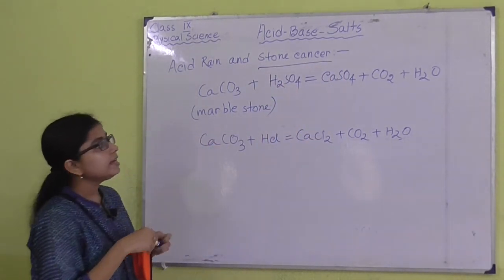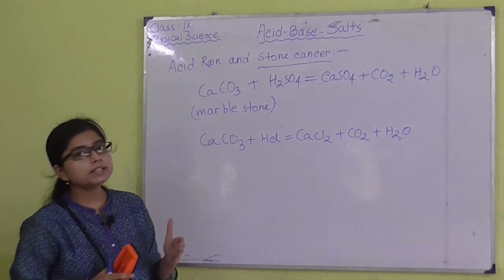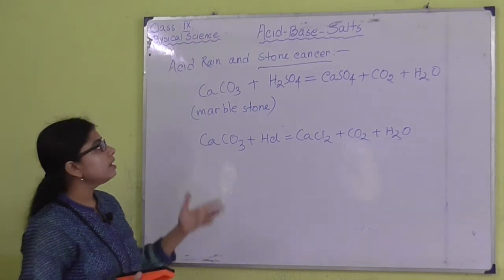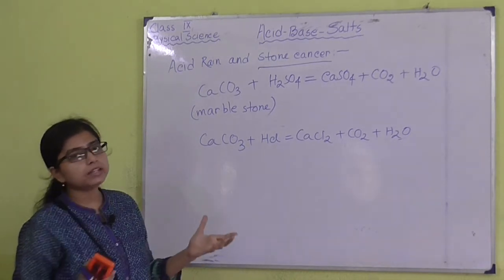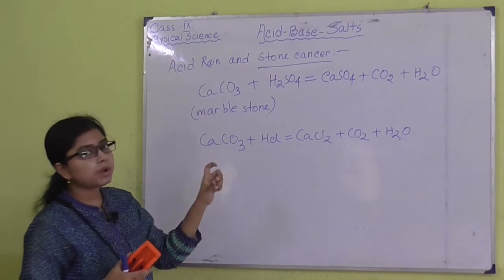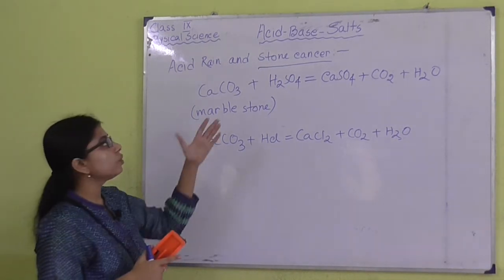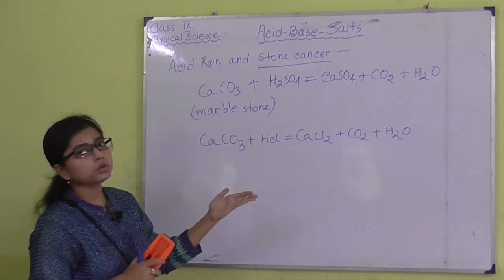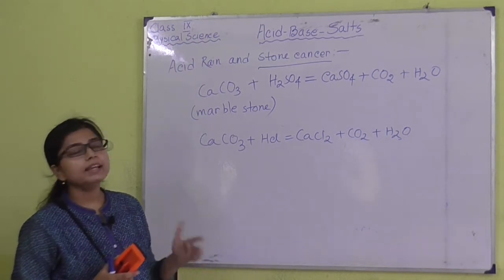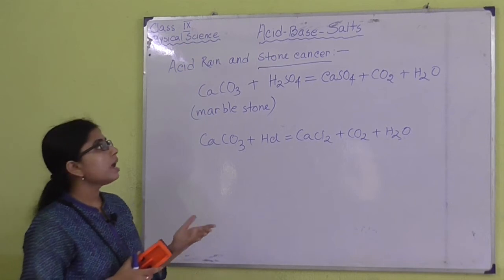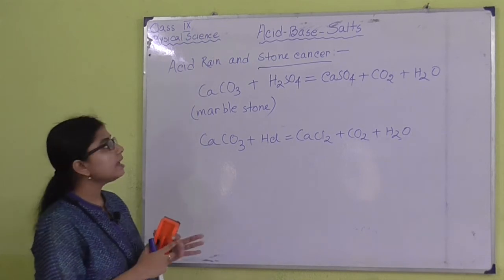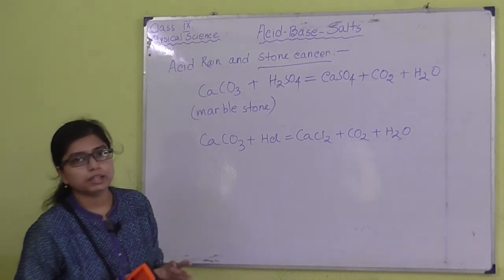Okay. I am repeating again that as one consequence of our air pollution, acid rain is happening, and due to the acid rain, the monuments or heritage made up of stone are getting deformed, and that is why the phenomenon is known as stone cancer. Due to stone cancer, the monuments and heritage buildings are losing their shine, their brightness, their luster, and ultimately they are becoming ugly. So, this is known as stone cancer, and obviously this is related to pH.